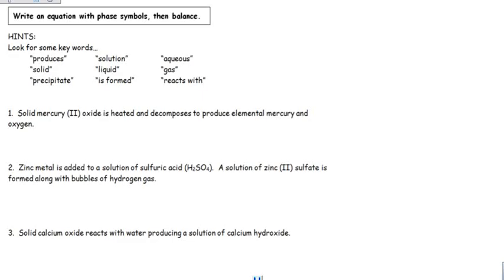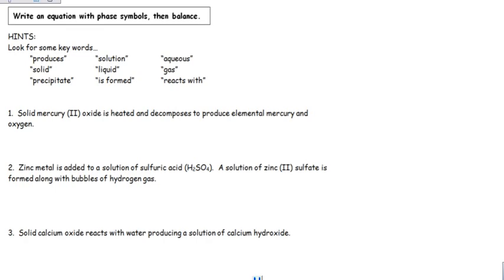Here's your third dose of balancing equations. This time we're given a description of a chemical reaction. From that description, we need to figure out the reactants, the products, the balanced equation, and we're also going to add the phase symbols. Number 1 tells me that solid mercury 2 oxide is heated and decomposes to produce elemental